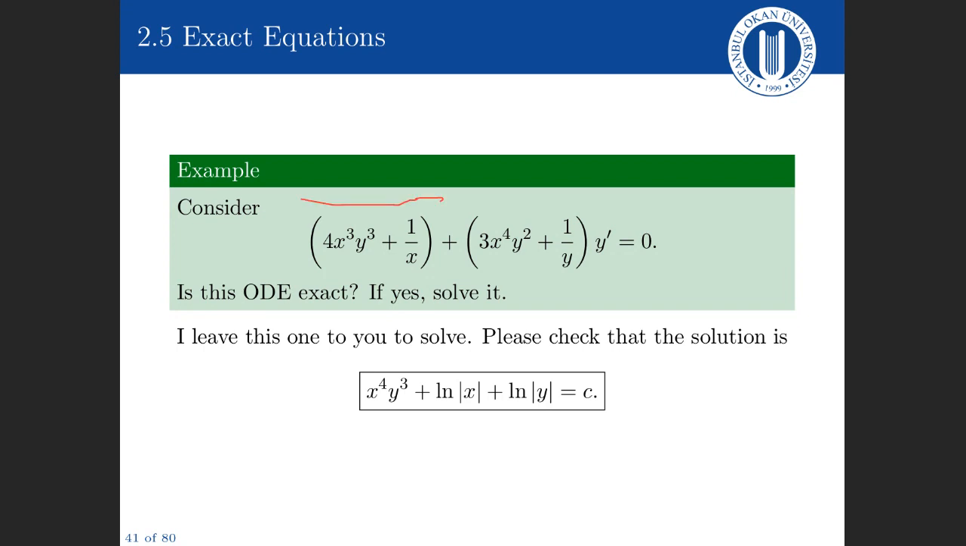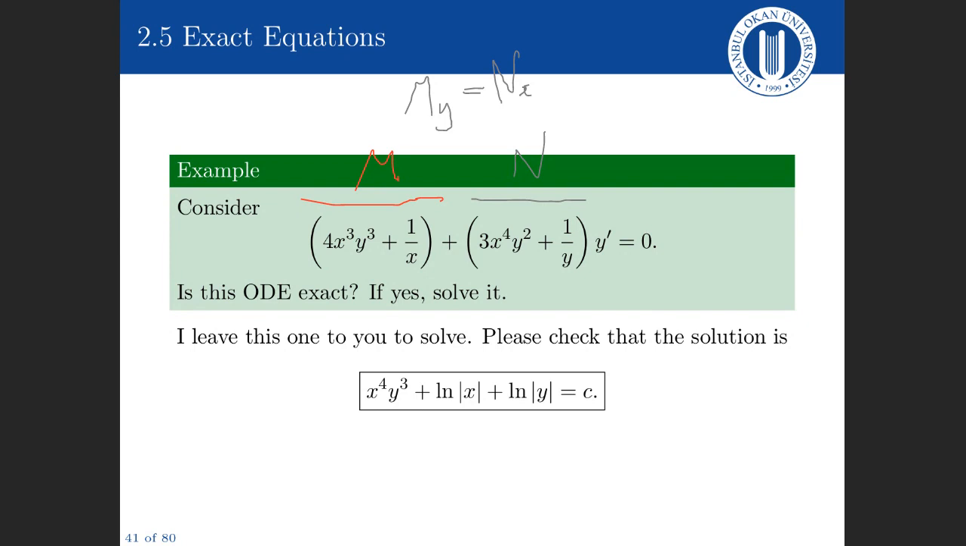if this is M and if this function is N, check that M_y is equal to N_x. You'll find that this is true. You'll find that this equation is exact. And then